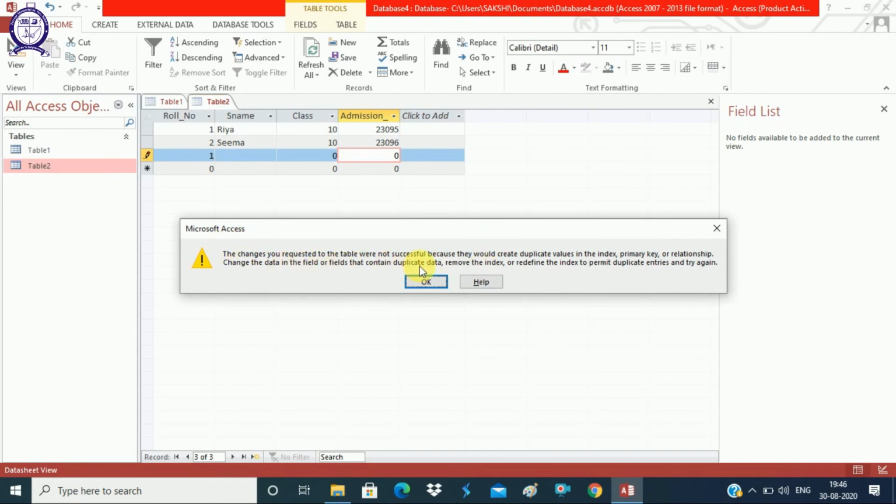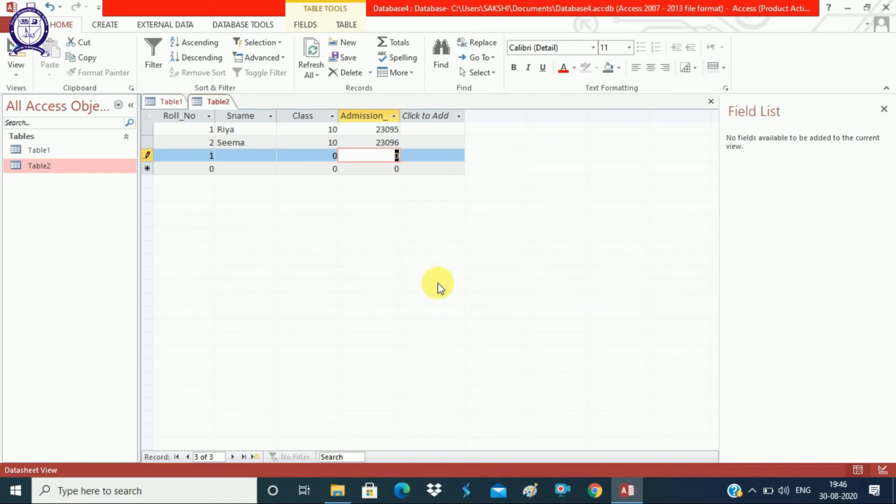The changes you requested were not successful because they would create a duplicate value in the index, primary key or the relationship. Changing the data in the fields that contain duplicate data or redefine the index to permit duplicate entries and try again. So as discussed, since roll number is a primary key, it will not accept the value 1 in the roll number.